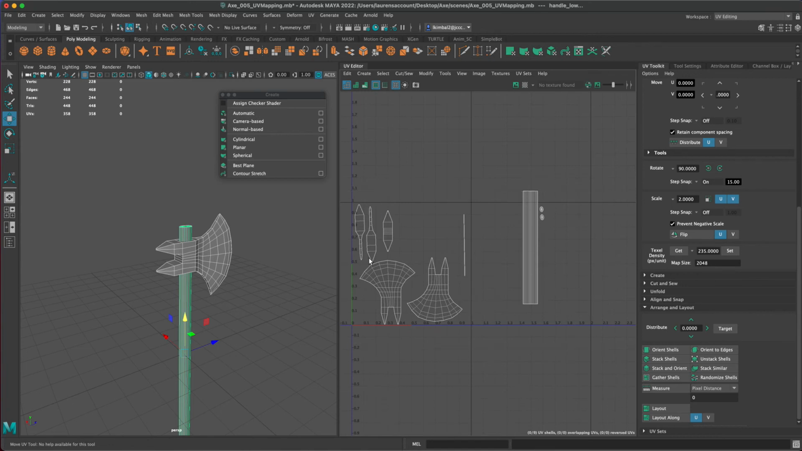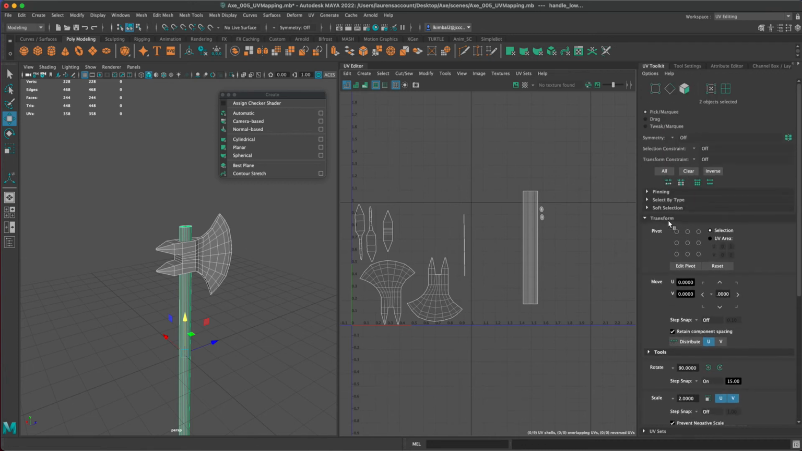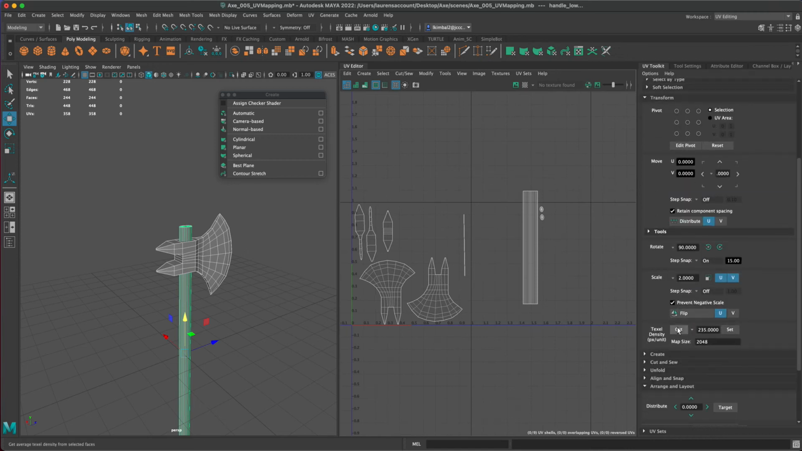Since I want to keep these consistent because they are the same object, even though there are two separate pieces that make up the axe, I want to go ahead and unify their texel density. So if we go over here to the UV toolkit and underneath the transform tab, scrolling down, you'll see that there at the very bottom, before you hit the create tab, you have texel density. So I think